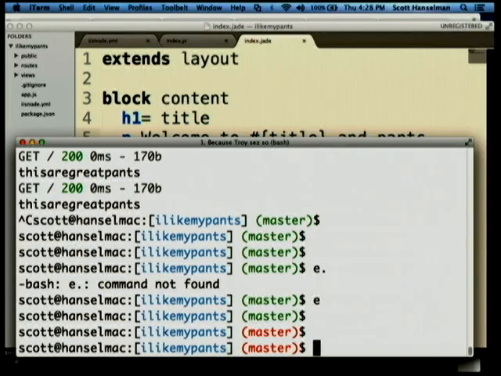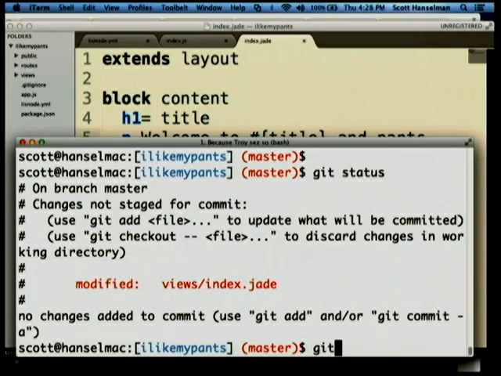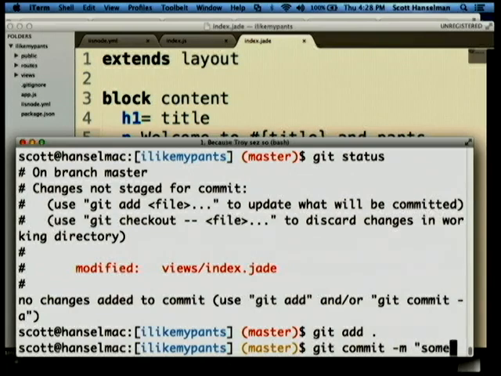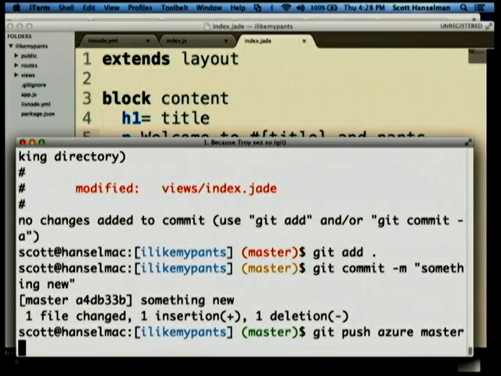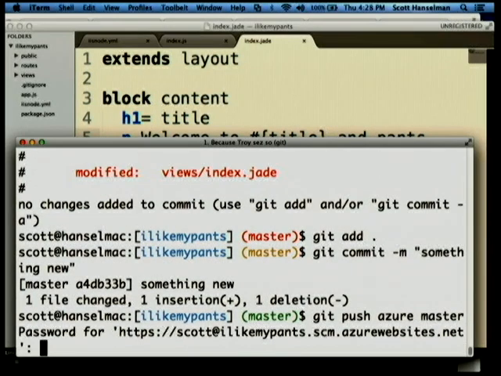Let's go back over here, and I've made my change in pants. Okay, and notice how my master is turned red there, because I'm really awesome with prompts. And if you're colorblind, see how master is turned gray, changing from the previous gray. I was colorblind once, and we were trying to do test-driven development, and it was like gray, refactor, and it was just a mess for everybody. Git commit something new, git push Azure master. Okay, now watch.